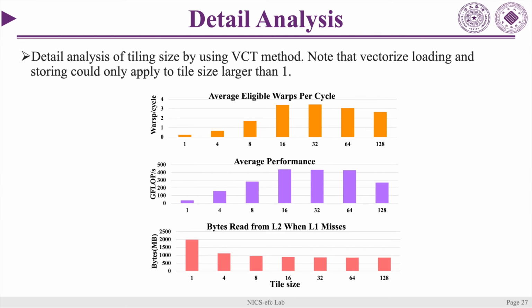We analyze this phenomenon from another metric called eligible warps per cycle. It stands for the average number of warps that are eligible to issue per active cycle per SM. Since there are limited workloads in each SM, the eligible warps are fewer in smaller tiling size. However, mapping too many dot products to each SM would cause overloading, reducing the number of eligible warps in each